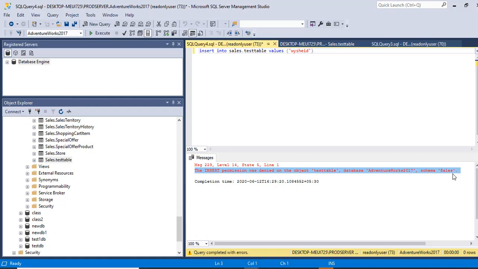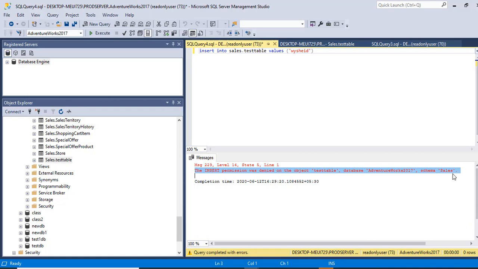To summarize, we have learned how to create a read-only database user in SQL Server 2019, but these steps are applicable for the previous versions as well. What we followed was we created a new user, and then we associated it with a database user on the AdventureWorks 2017 database.